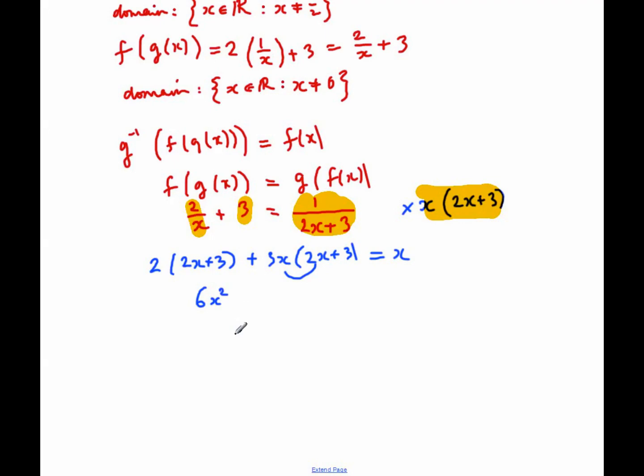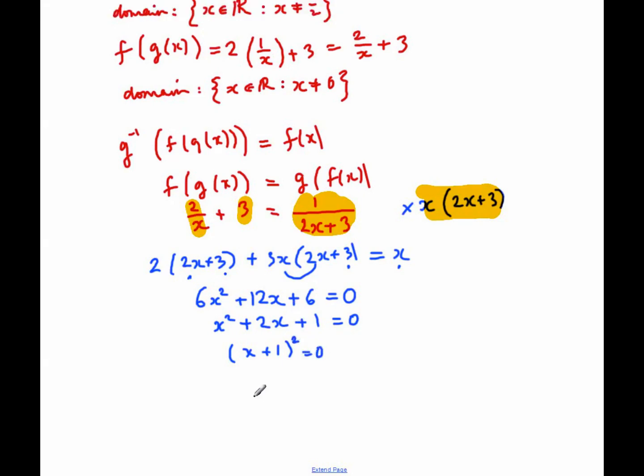We get a 6x squared, and that's our x squared terms dealt with. We then get 4x from this and 9x from this, which is 13x. Take away x is 12x. And then finally we've got a constant term, which is this one, and that's plus 6 equals 0. Everything is divisible by 6. Hooray! So x squared plus 2x plus 1 equals 0, which factorizes nicely as (x plus 1) all squared